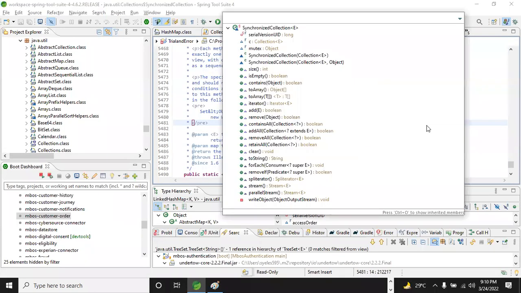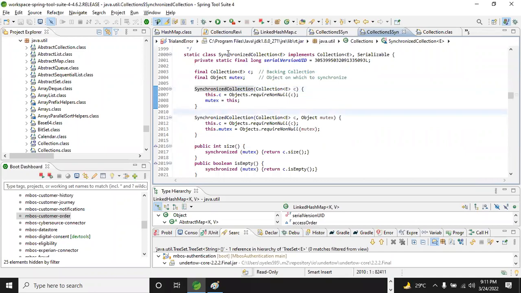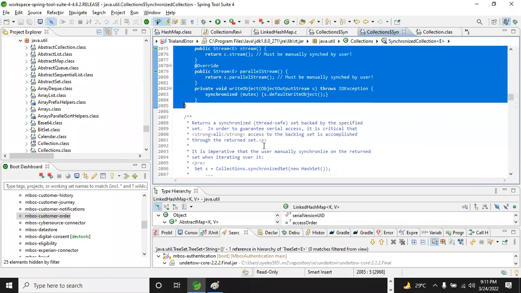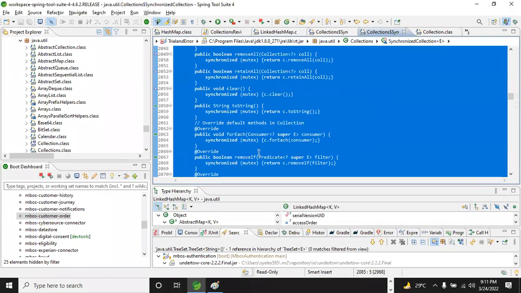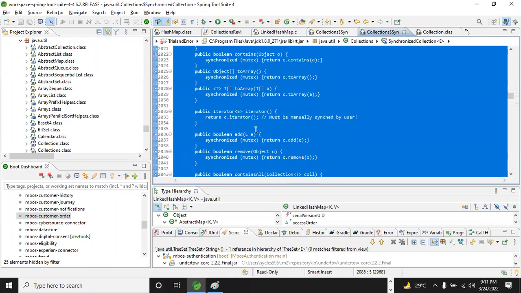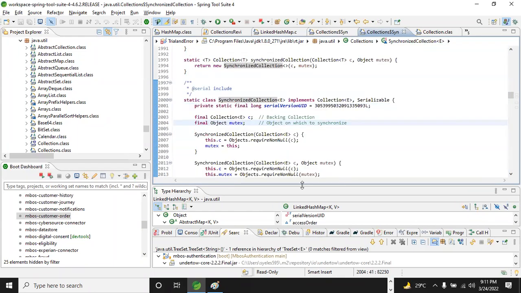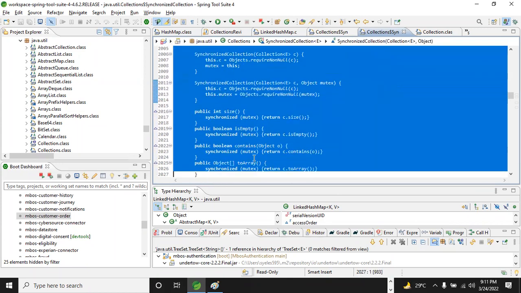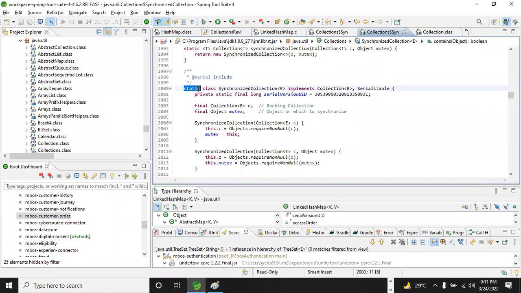Now in this, if I see this representation of a triangle, this tells you the inner class representation. If you see this SynchronizedCollection, I have it within the actual class of Collection, where this class ends up here. So this is a separate class. It has its own methods and all the attributes which they wanted. So same thing, instead of writing a separate class named SynchronizedCollection, we are writing it as a static class in the same class of Collections.